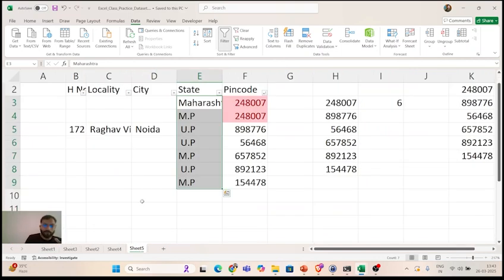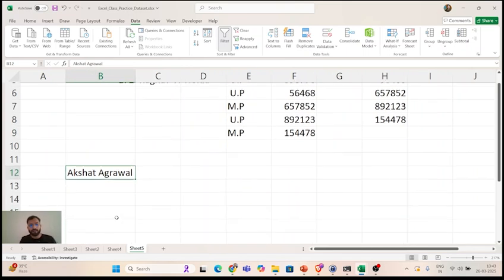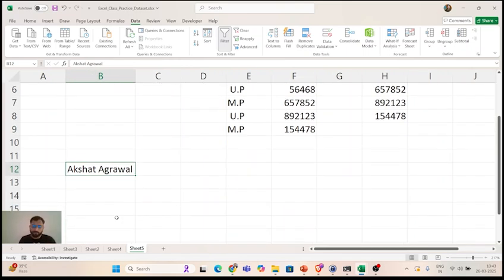So that was the first topic about splitting a column in the Data tab. I hope that is okay till now, right? It is not getting too complex. Let us quickly take an example again. Akshat Agrawal. Now tell me which delimiter I should use to separate first name and last name. Quickly guys, write down in the comment section if you are able to understand till here. What delimiter shall I use to separate first name and last name?